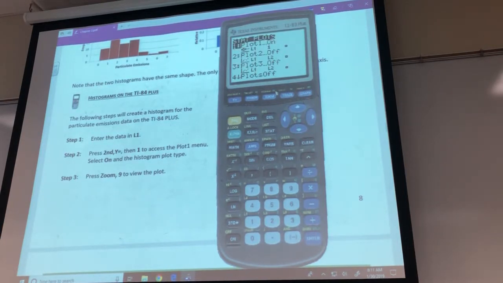I'm going to turn mine on. This is plot 1. Plot 2 you want to be off. Plot 3 you want to be off. If they're not, come down here and just select all plots off. If you have more than one on, it might give you an error because it's hard to graph more than one plot on the same set of axes sometimes. But if I go to plot 1 after I've got everything else turned off,